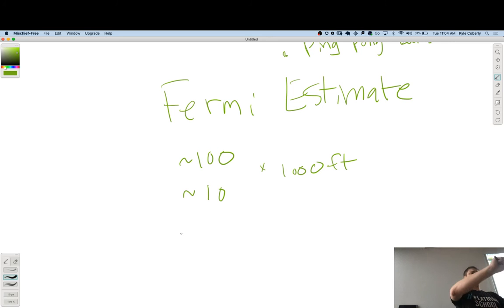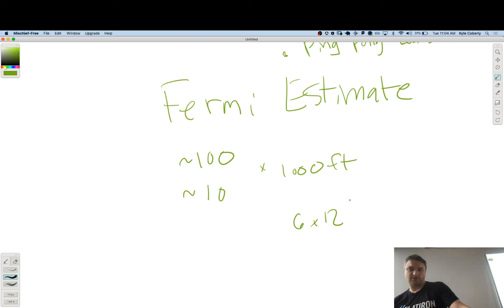Stacked like that? Okay, so in an inch, I'll bet there's about 6. So 6 an inch, so 6 times 12, 72. So I'm going to say 72,000 quarters gets you to the top of the Empire State Building.